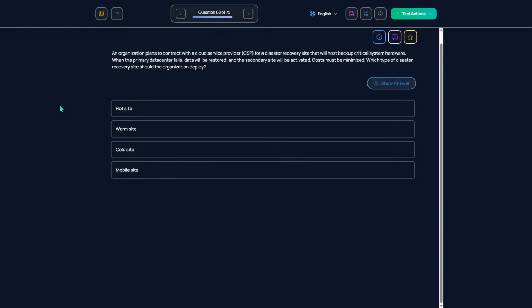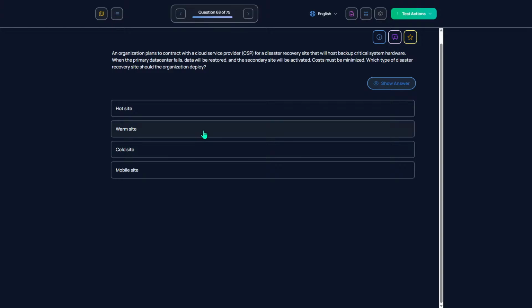An organization plans to contract with a cloud service provider for a disaster recovery site that will host a backup critical system hardware when the primary data center fails. Data will be restored and the secondary site will be active. Cost must be minimized. Which type of disaster recovery site should the organization deploy?